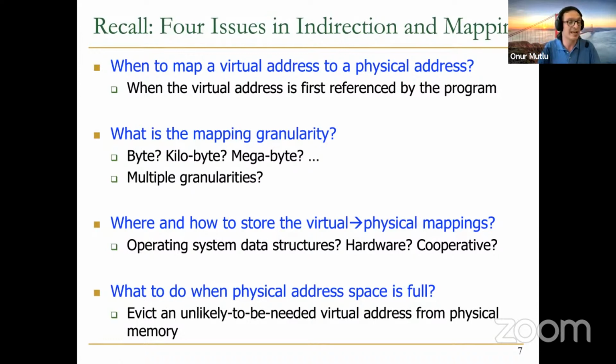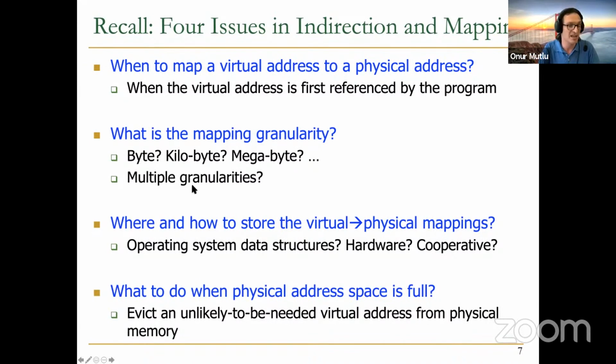And you may get very good locality when you transfer a large page into your physical memory if you have very good spatial locality. But if you don't have very good spatial locality, you may be transferring a 1 gigabyte page into your physical memory and using only 8 bytes of it. As a result, it doesn't work very well. So there are clear trade-offs between